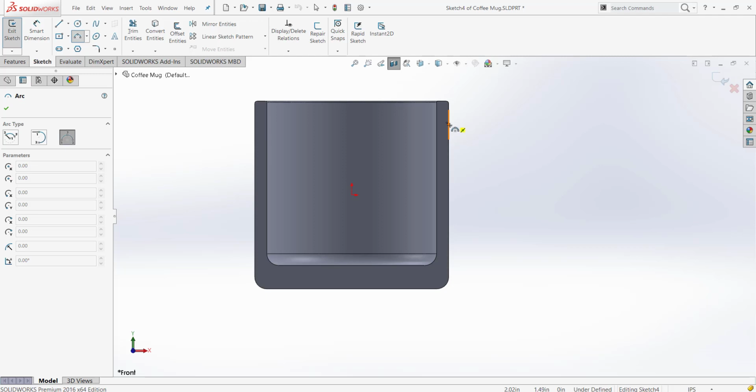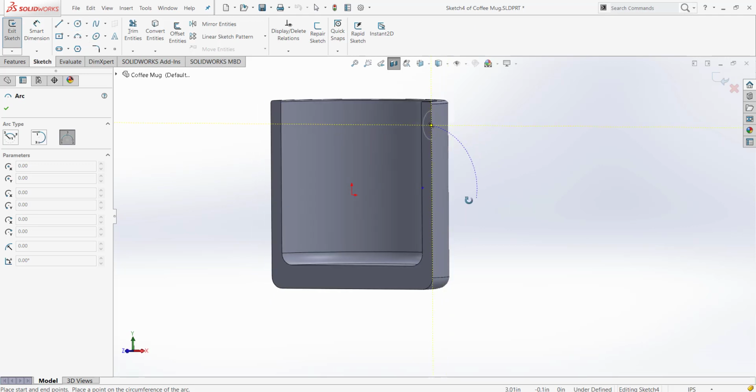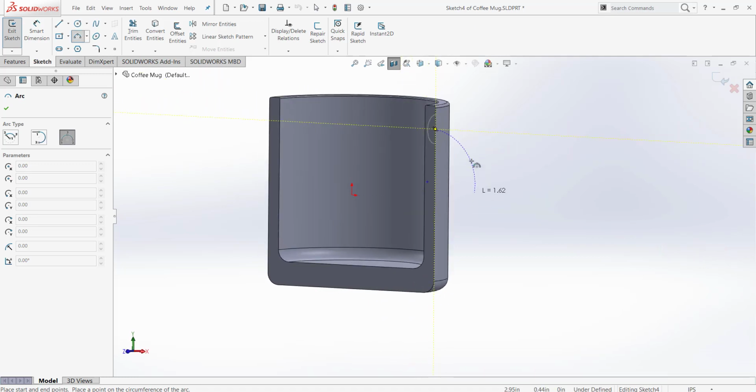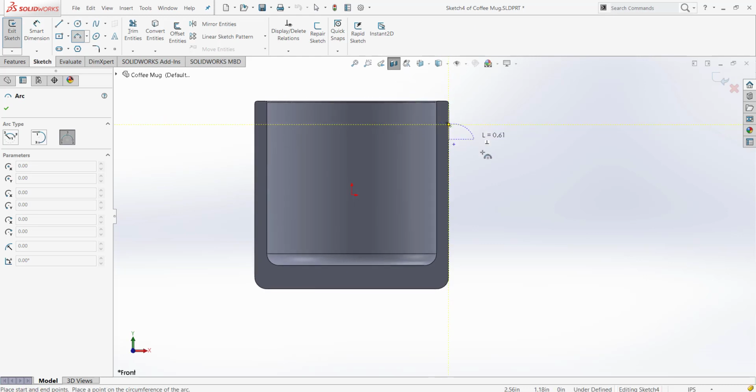So I'll go ahead and select the center of my circle. You see that it can select sketches on other planes. So that's what makes it really useful. So I selected the center of that first one, and then I'll select some other random point down here. Now I can give it whatever size I want, but you have to think about your design every time you're